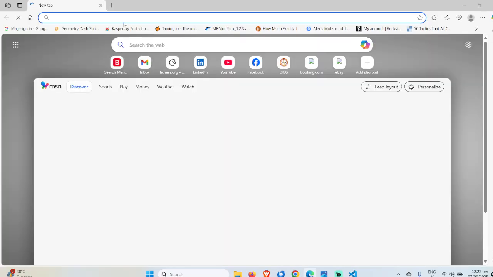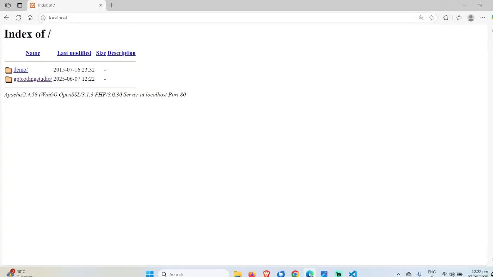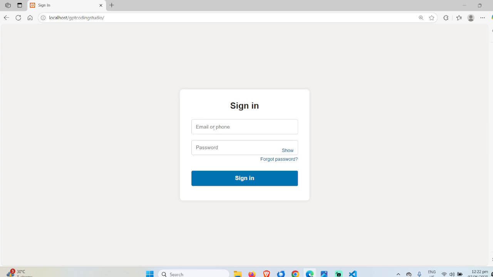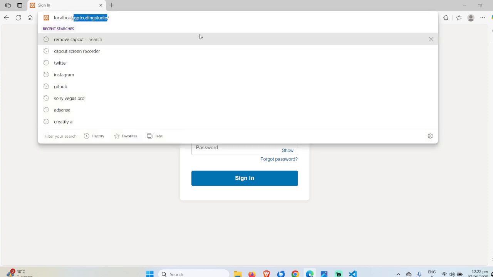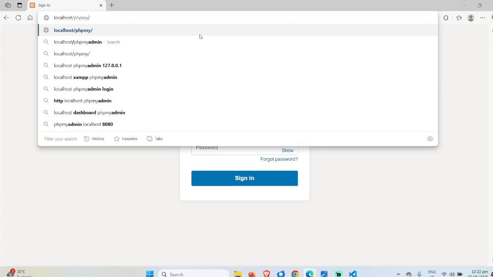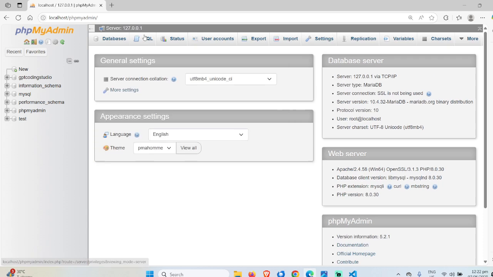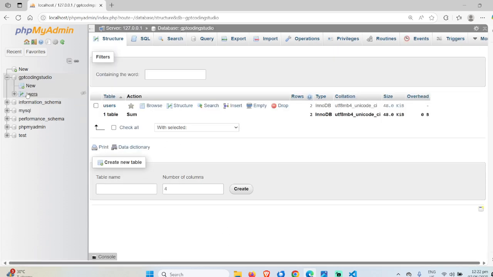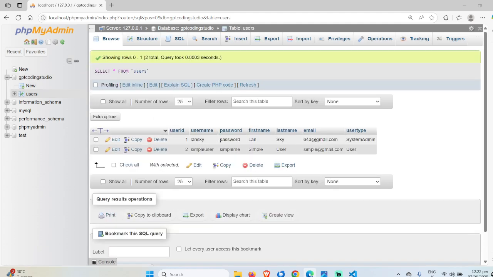Open a new one, localhost. So we have GPT Coding Studio. So we have phpMyAdmin. We can see here the GPT Coding Studio database, users table, and it's not yet hashed.